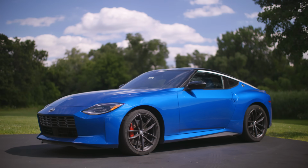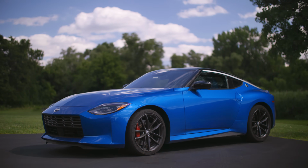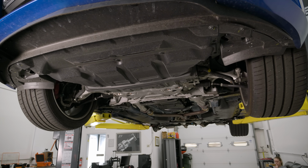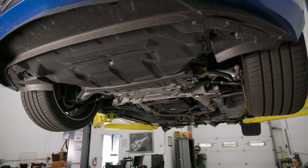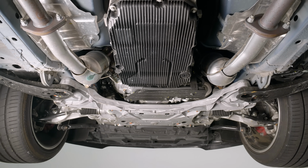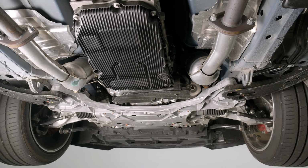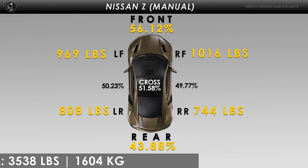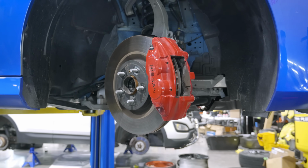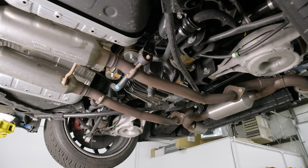Obviously, all the exterior body panels are different. They have made this vehicle about 20% more rigid overall. They focus on reducing NVH and increasing overall rigidity of the chassis to make this car feel more direct. It still has an aluminum front subframe. It has revised suspension components, so it's monotube dampers. It has stiffer springs and dampers. It has stiffer bushings and stiffer sway bars to deal with the extra power and extra torque, and not to mention extra weight. If you go with a car like this with a performance pack, you get larger brakes in the front as standard, and you get a clutch-based style LSD in the rear versus the former viscous style diff,